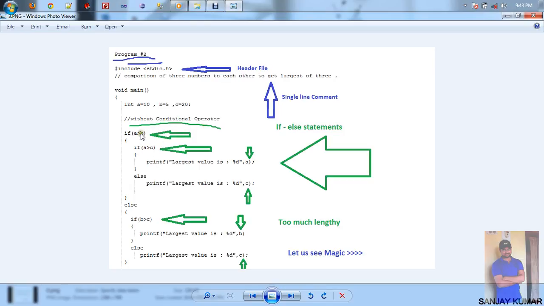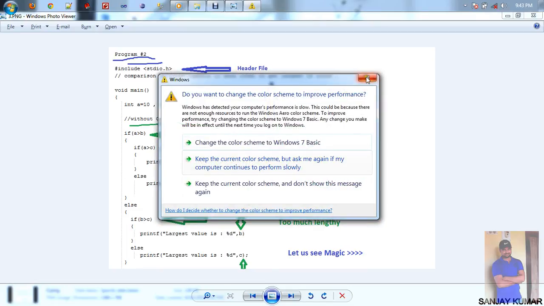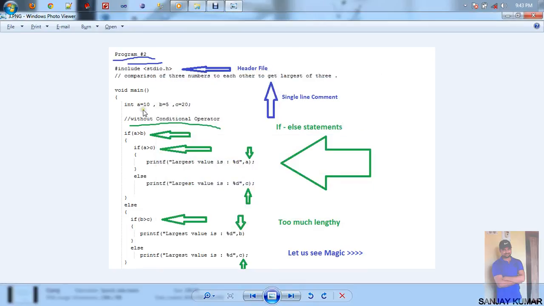So in this if condition I have made two conditions, that is if a greater than b. First I have compared the value of a and b. If it returns true, then this block will be executed, otherwise this block will be executed. By comparing a and b, we can see that 10 is greater than 5, so this statement will be executed. And here another condition is there, that is a greater than c, means here I am comparing the value of a with c, means if 10 greater than 20 is true, then this statement will